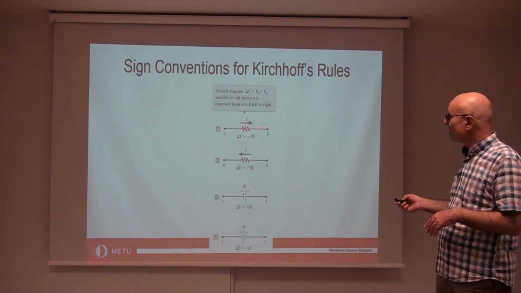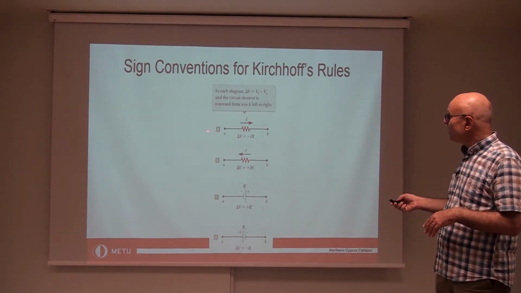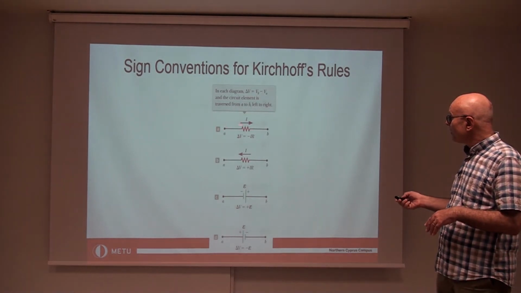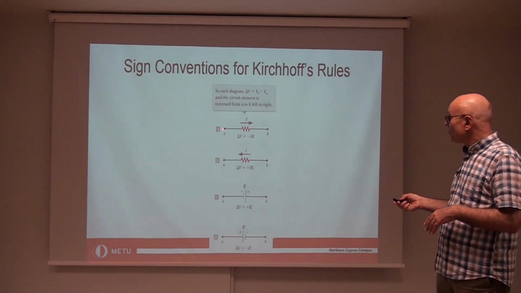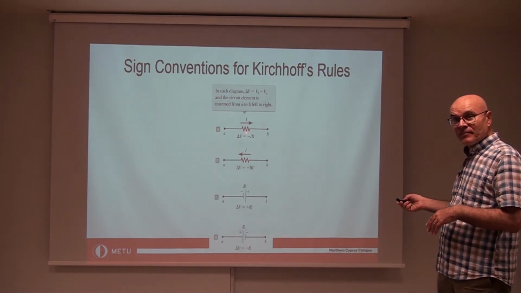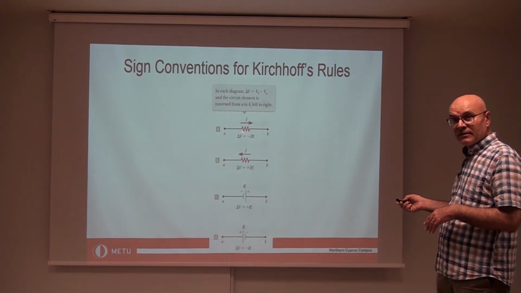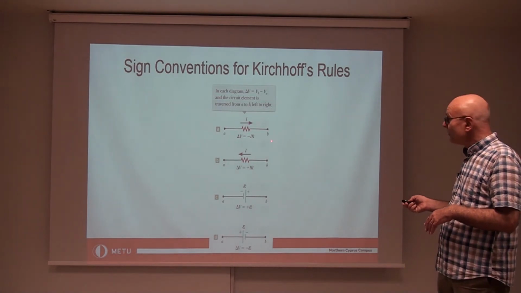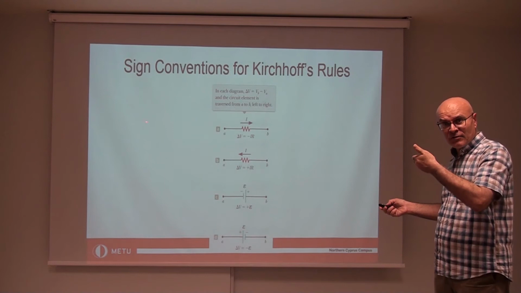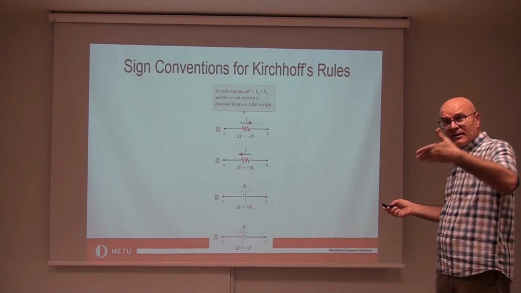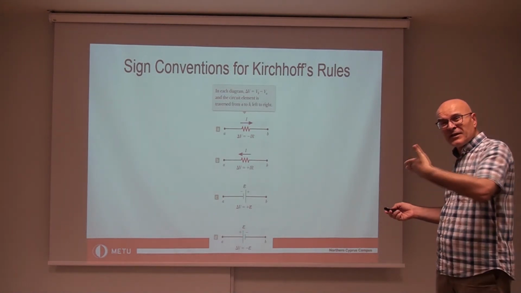When the current is flowing from A to B, and you move from A to B along the direction of the current, then VB minus VA will be negative, because the current flows in the same direction as the electric field, and when you move in the direction of the electric field,